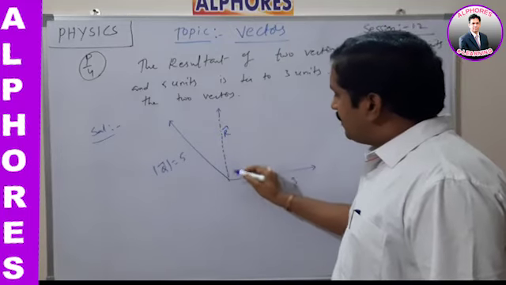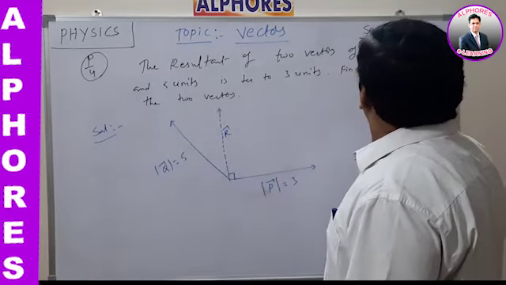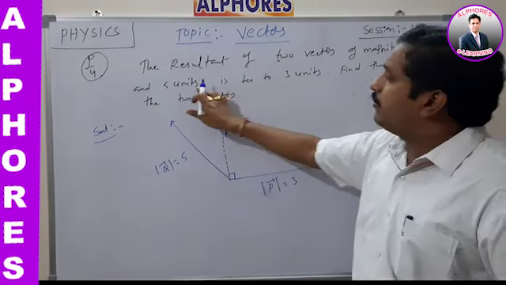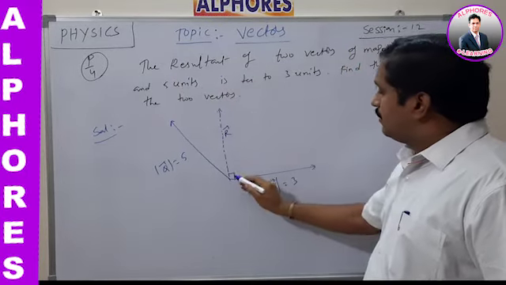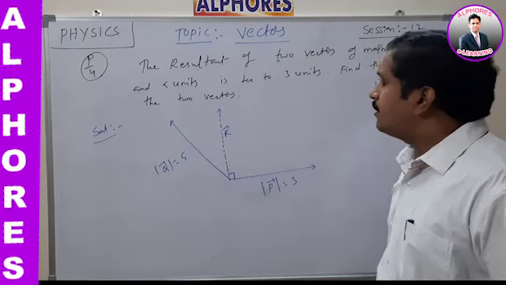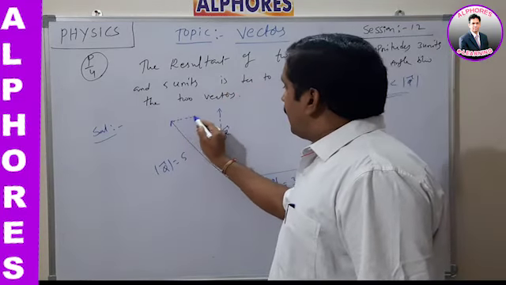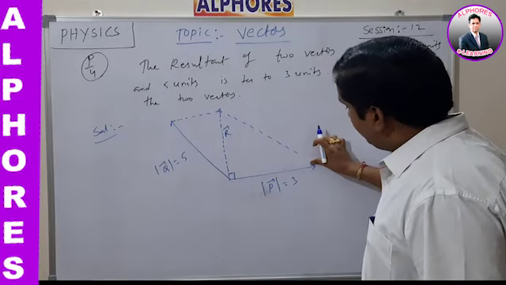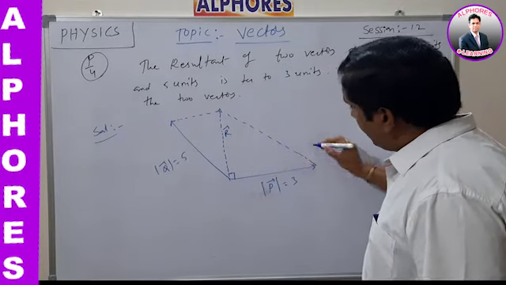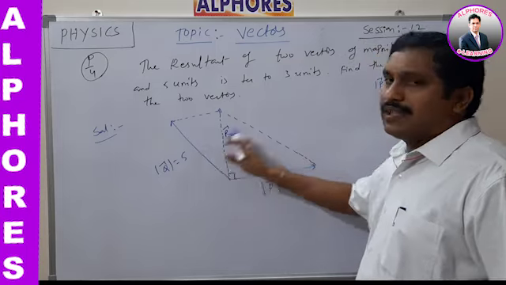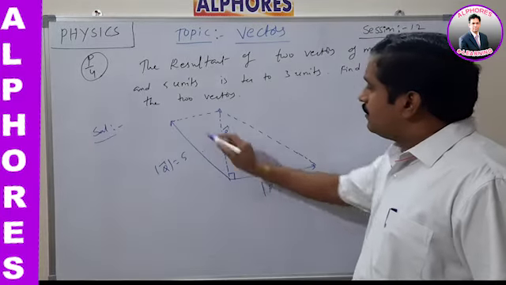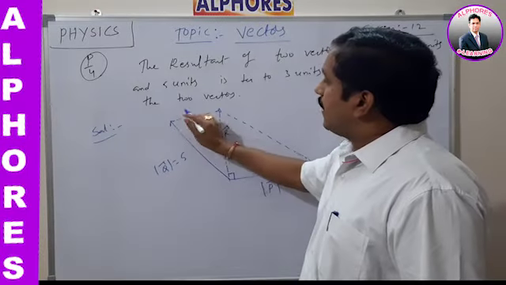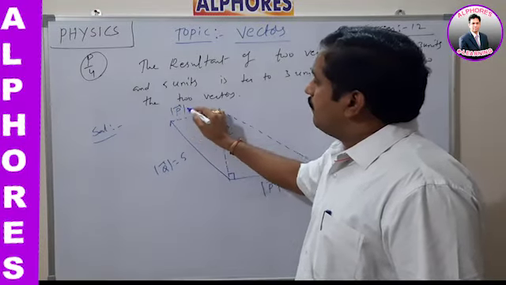So this resultant which is perpendicular to the magnitude, listen carefully, the resultant of two vectors of magnitudes 3 units and 5 units which is perpendicular to 3 units. That means this resultant is perpendicular to 3 units. Now I have to draw the parallelogram in a simplest manner. So we know already, in a parallelogram opposite sides are equal. Here P means this is also P, we know. Okay, that means this is 3. Magnitude of P bar is equal to 3.